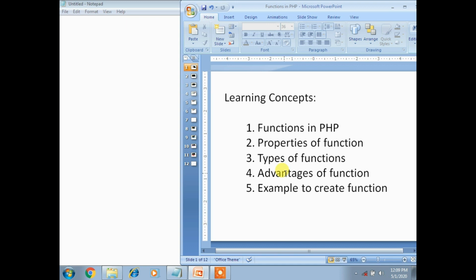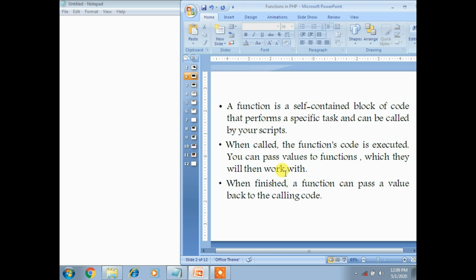A function is a self-contained block of code that performs a specific task and can be called by your scripts. When called, the function's code is executed. You can pass values to the function, which it will then work with. When finished, a function can pass a value back to the calling code.